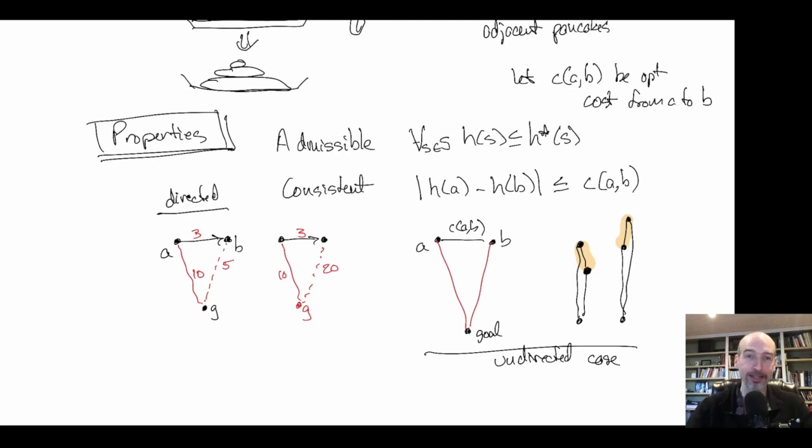And now I've got to go a really long distance to actually get back on the freeway and continue my path. So that's a case where I'm allowed to take an action and find myself much farther from the goal, but I'm not allowed to take an action and find myself much closer to the goal. Okay, so this is what happens for consistency in the